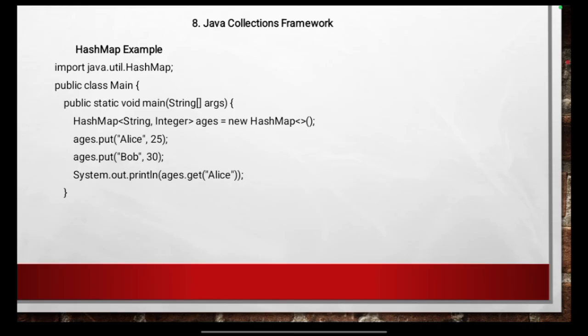So here in this particular slide, we will continue discussing the Java collection framework. First of all, we need to go through the slide carefully. HashMap example. import java.util.HashMap; public class Main { public static void main(String[] args) { HashMap<String, Integer> ages = new HashMap<>(); ages.put("Alice", 25); ages.put("Bob", 30); System.out.println(ages.get("Alice")); }